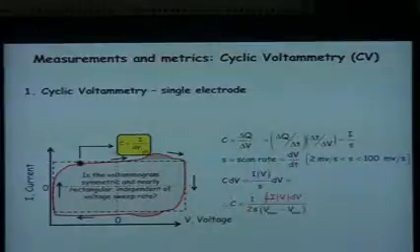Now, in reality, we don't get perfect rectangles, right? Even an ideal double layer capacitor has some internal resistance to it, and once you get the voltage sweep rate high enough, then you'll start to see some smoothing out of the edges of that rectangle, okay? And that's what you see here. This is typical of what you see. This would be a very